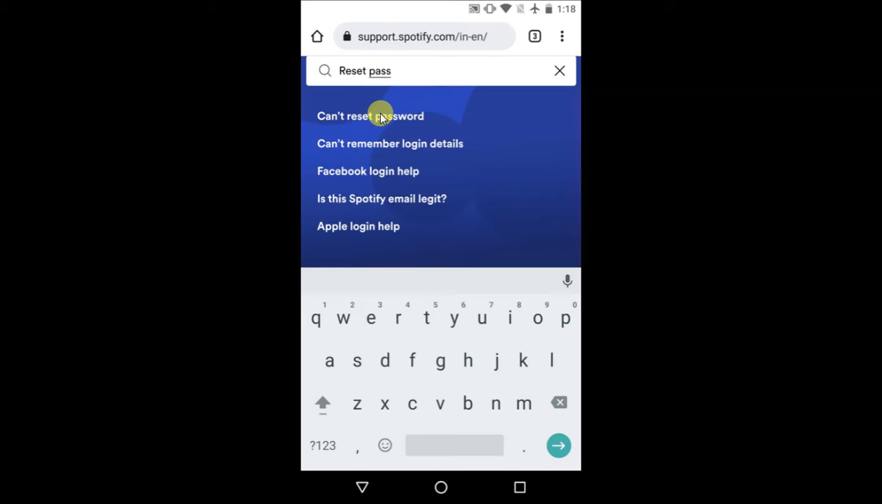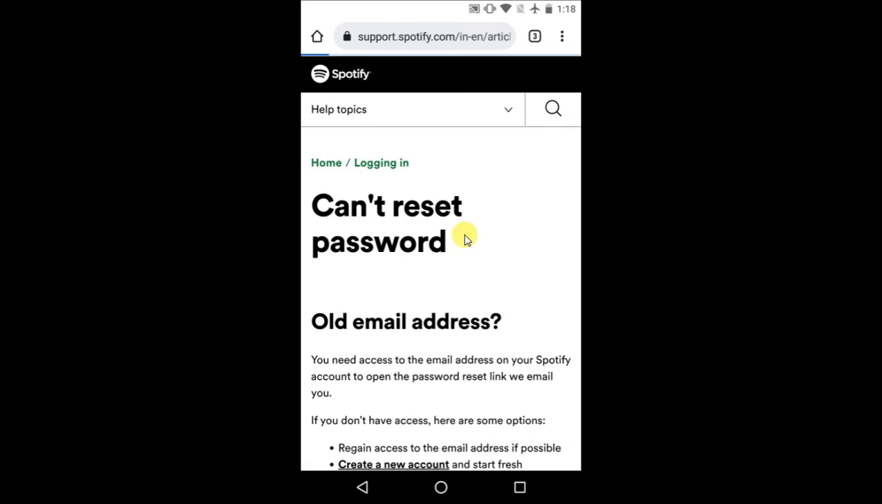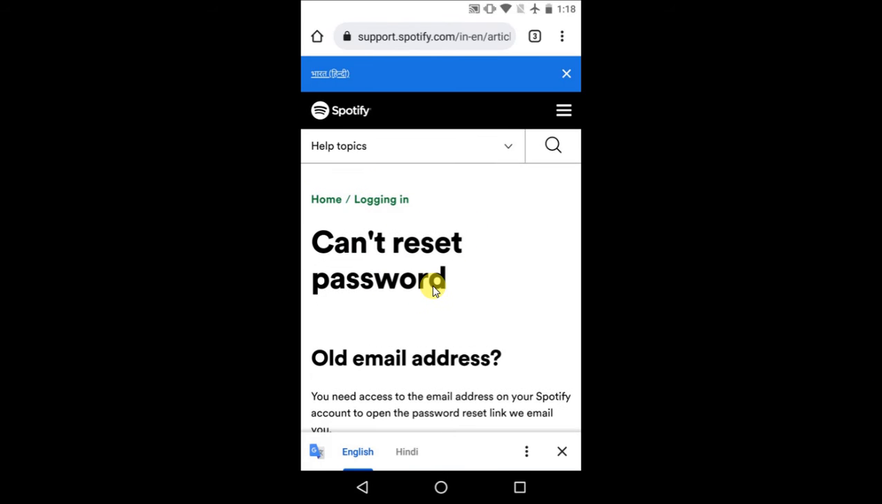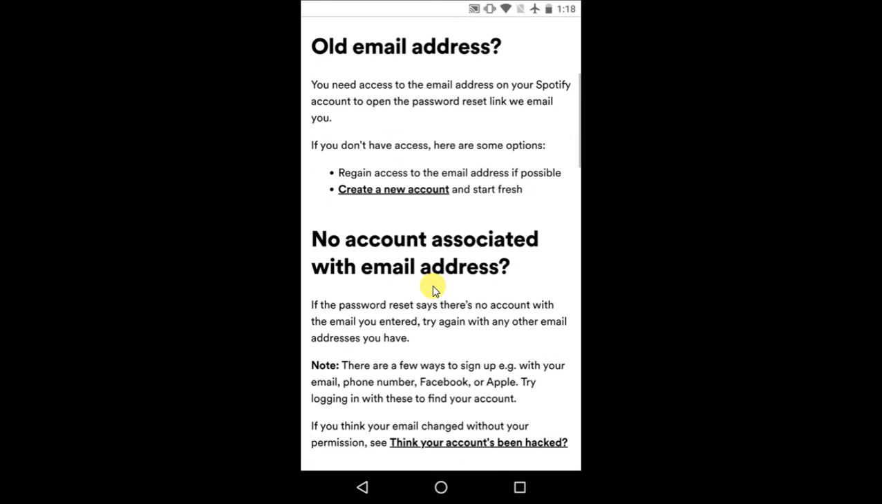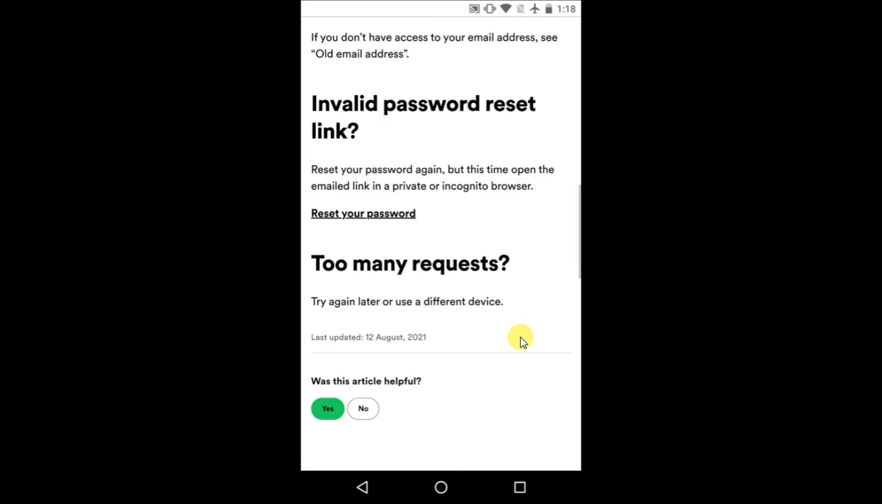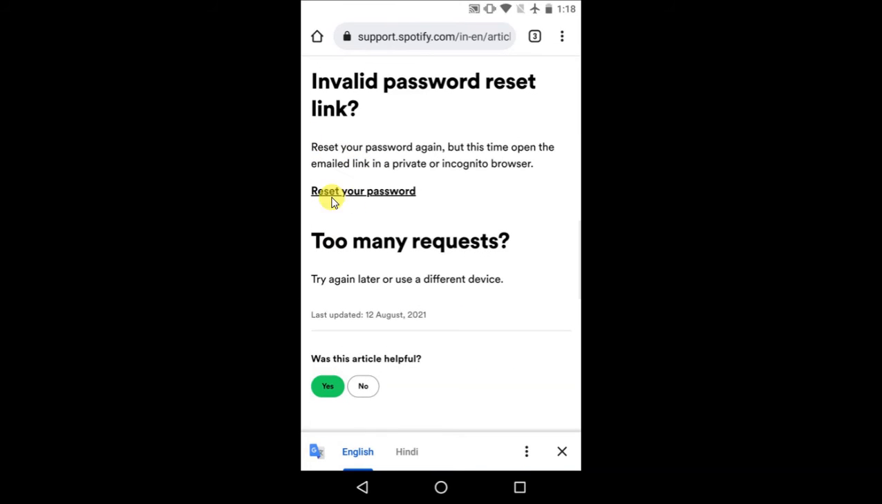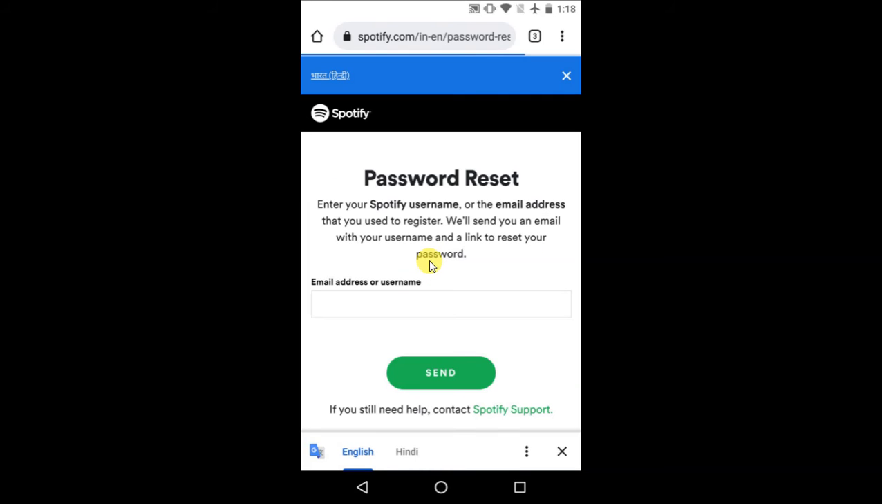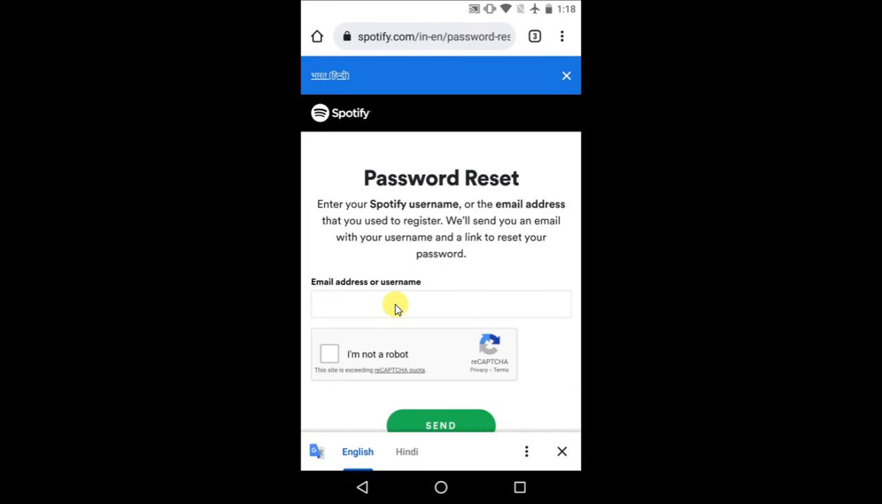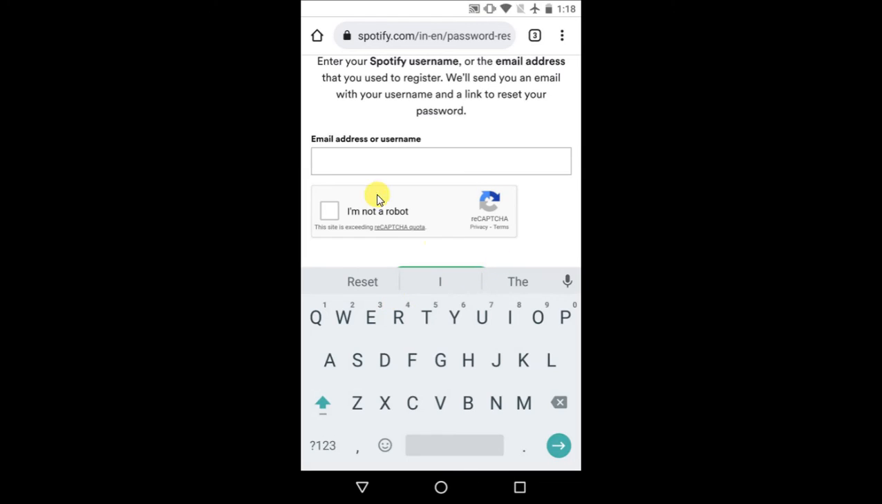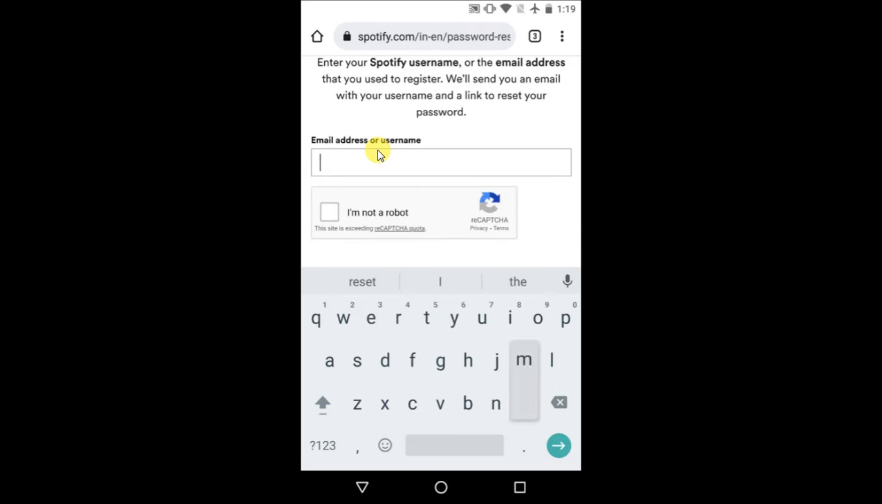Click on it. Then now you will have some blog type page. So just scroll down, and here you can see the one link which says reset your password. Just click on it. Now it brings you the next page where you have to enter your username or email id. Okay, enter your username or email id. So I just enter my email id here. Okay, just netcast